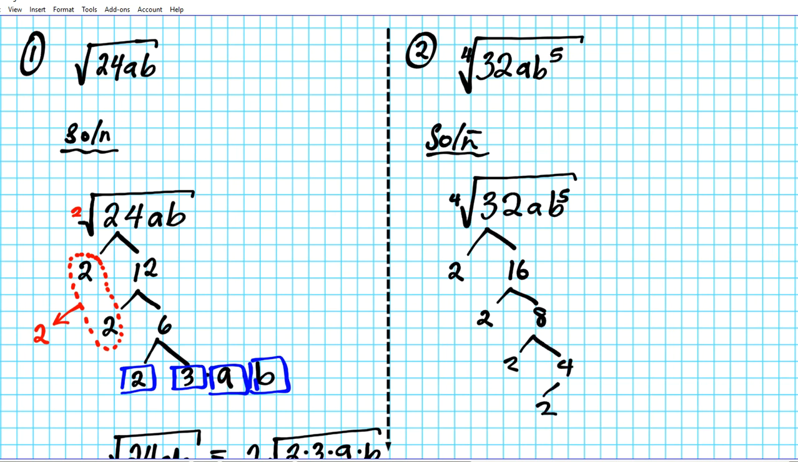And then 2 goes into 4 2 times. So it's 2 times 2 times 2, 5 2's, times a times we have b to the fifth power. So 5 b's, 1, 2, 3, 4, 5. Alrighty, now let's